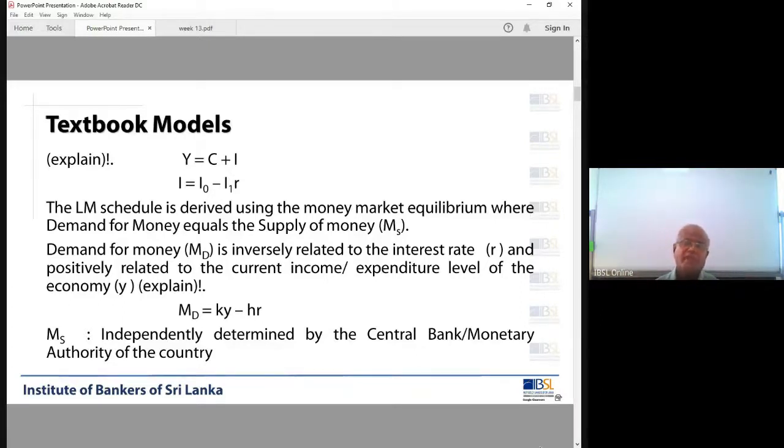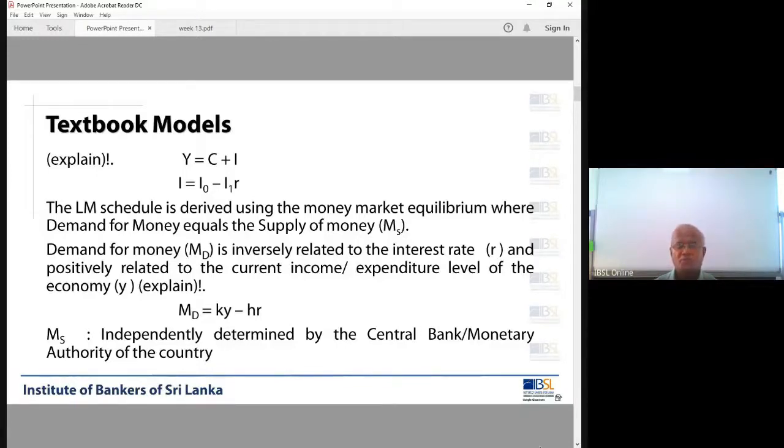One aspect. Then we have kY. K is constant, Y and demand for money are positively related. When people's income, when the country's income increases, what will happen to demand for money? We'll come to this point again. There are various components of demand for money: transaction demand, speculative demand, precautionary demand. So we need money for various purposes. When our income increases, we are getting richer and richer, all these components of demand for money increase. Income increases, demand for money increases.